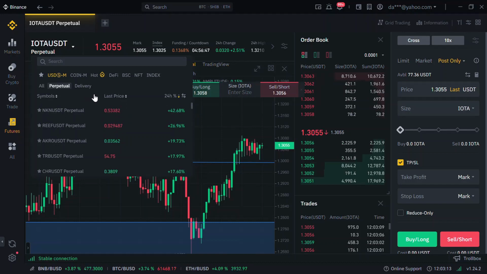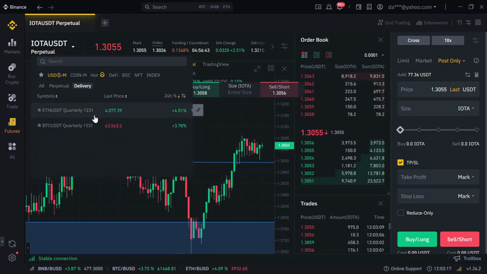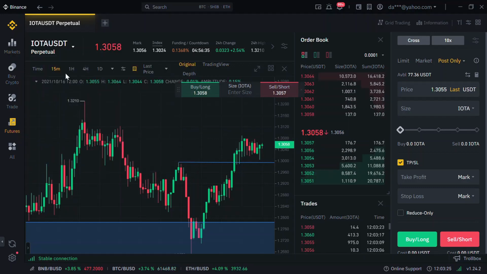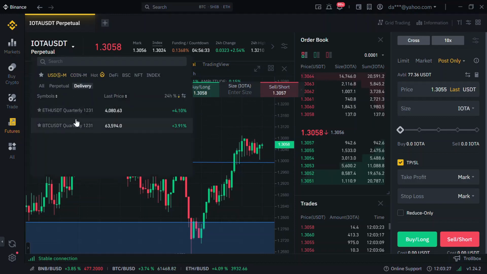Okay, so for instance, this delivery here is USDT quarterly. That is, you'll be betting on the price of Ethereum every 4 months. Same thing with BTC USDT here. We're betting on the price of BTC every 4 months. And if you are using this ETH USDT quarterly, the next time this contract is going to close is 12/31, that is 31st of December